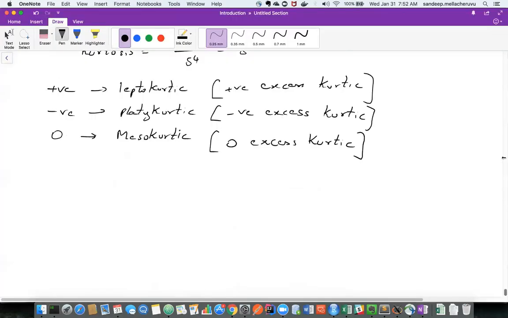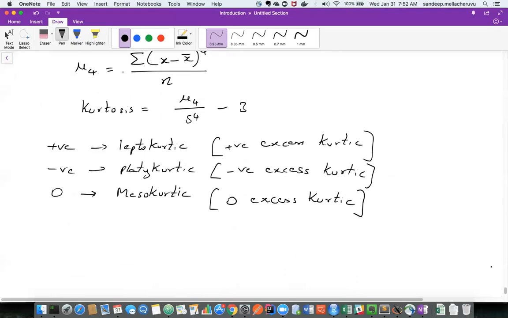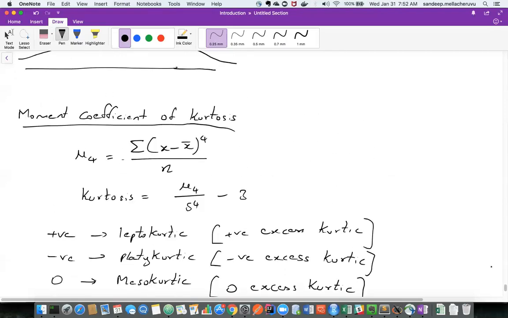In the next 10 minutes, I just wanted to show it in Excel quickly. By the way, if you want further information, this is called central moment. When I say central moment, you have to remove x bar from each of the x. If you don't use this x minus x bar, it is called raw moment.